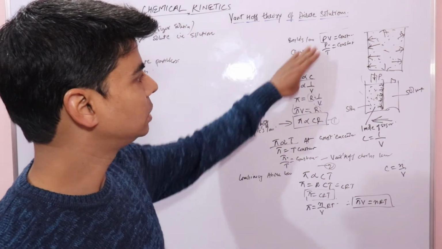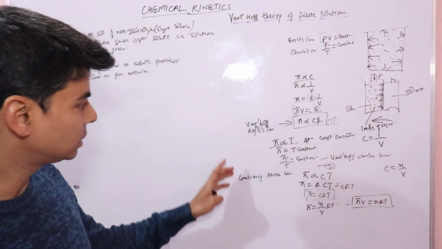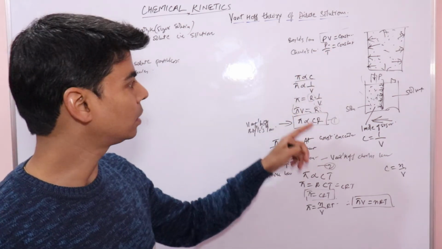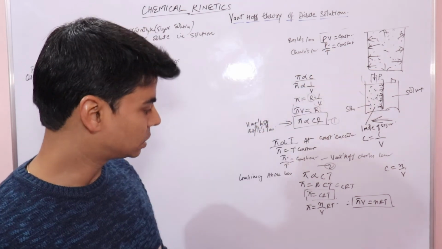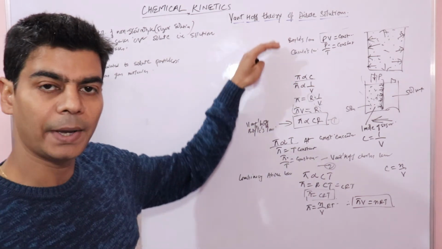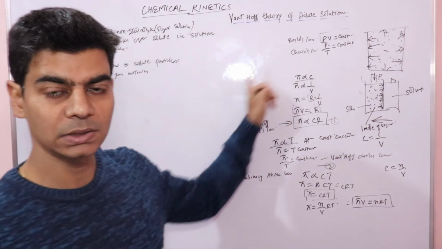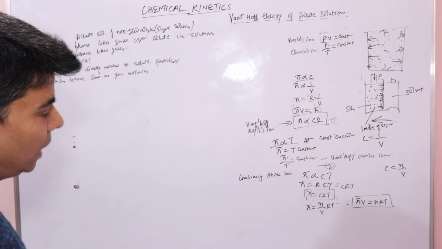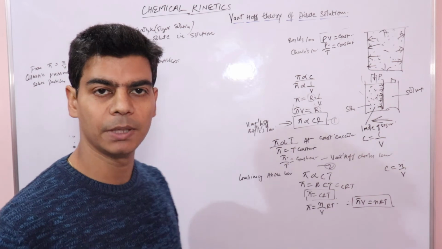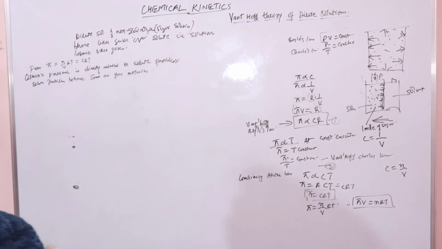So we have applied Boyle's law and Charles' law here also, and we found that it complied with Boyle's and Charles' law, and we call it Van't Hoff Boyle's law. Same as PV is equal to constant, we have pi V is equal to constant. Same as P upon T is equal to constant, we have pi upon T is equal to constant. So it follows Boyle's law and Charles' law, same as gases, right? So solute particles behave as gas molecules, and these solute particles will exert the same pressure as if it were a gas in place of solute particles at the same temperature, right? So now there are some little things.